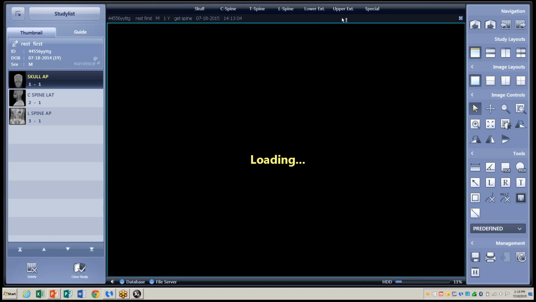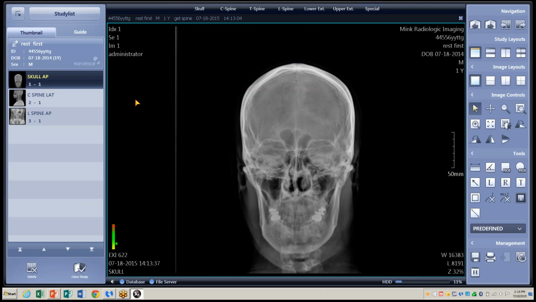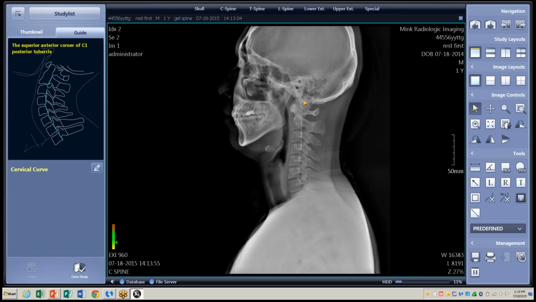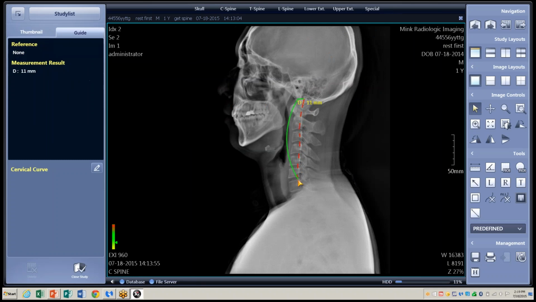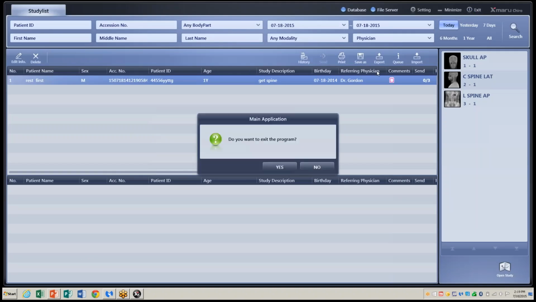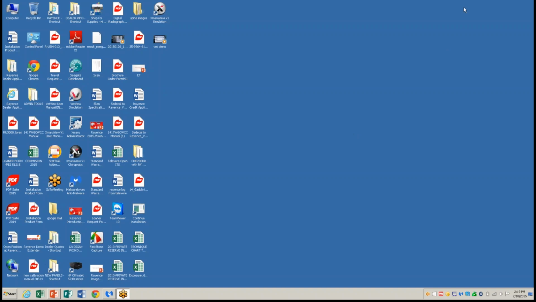You just click on the one you want to do, and you can easily, like in the case of the cervical spine, you simply click on it. It'll give you a guide that you will simply follow to do the measurements. Follow it around, and once it has acquired a sufficient number of points, it will generate a standard deviation curve for you as measurement, and you can also save this and store it on your personal computer. And that is basically the extent of the software. A quick review, and I hope you enjoy this presentation, and thank you for taking the time